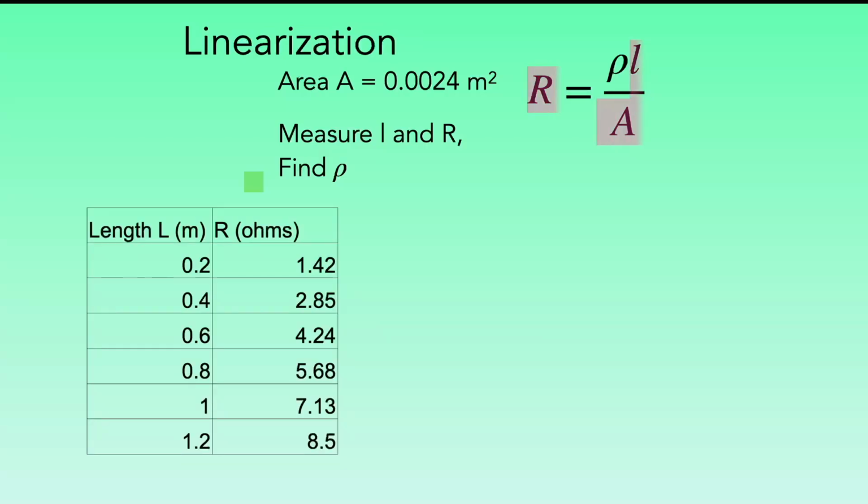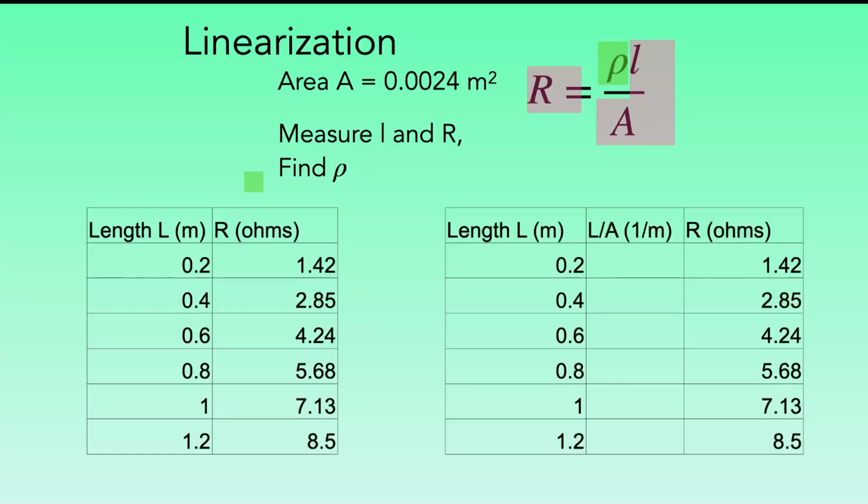There's our data. Well, we just take on the x-axis L over A, and on the y-axis R, and the slope will be rho. So we create a new column, and that's L over A. So we take 0.2 divided by 0.0024, 0.4 divided by 0.0024. We'd put it in that column. Then we'd select those last two columns, and we'd graph, and the slope will end up being equal to rho,